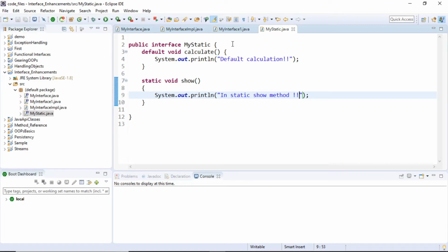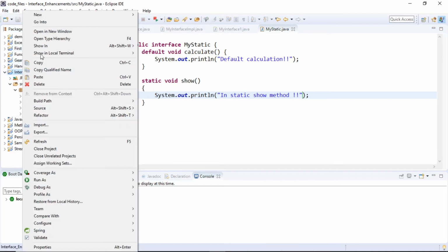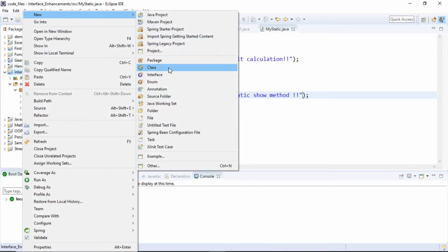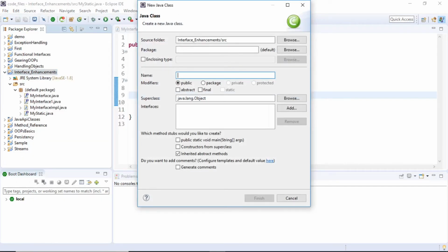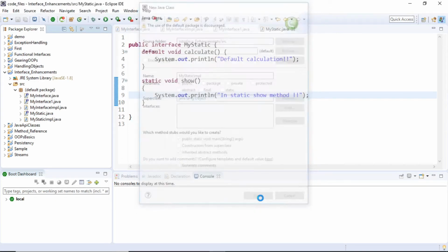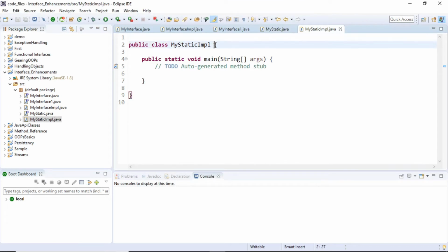Obviously, I need a class to check the working of this. So I'm going to create a new class for this, and the name of the class is, let's say, myStatic impl, which contains public static void main. And obviously I need it to implement myStatic, which is my interface actually.